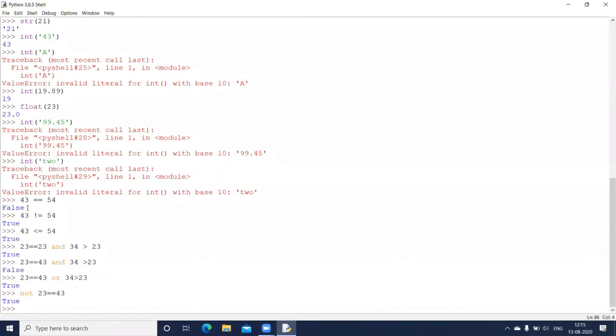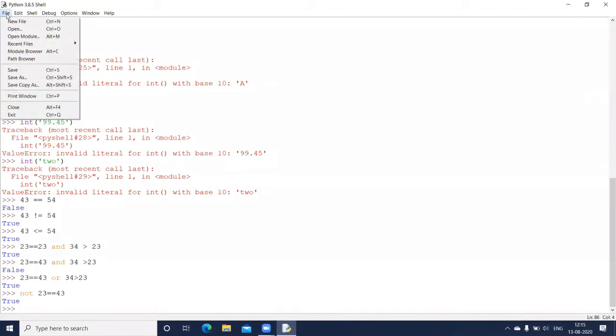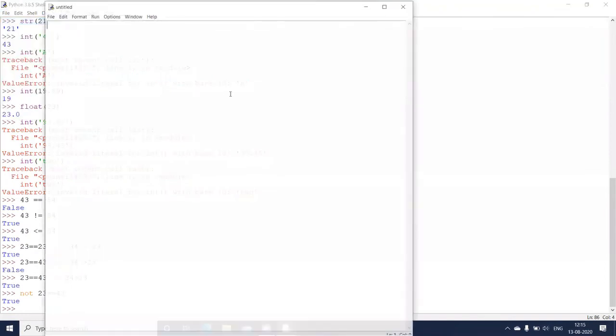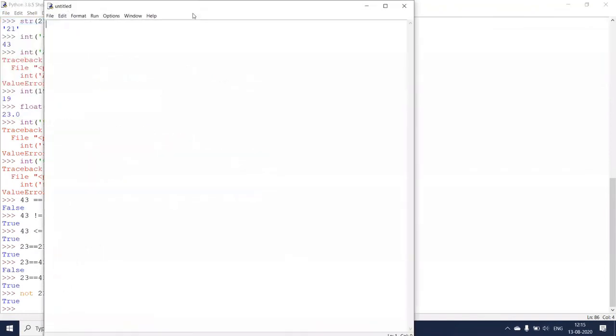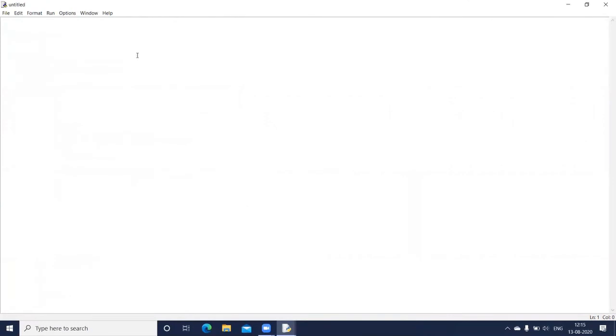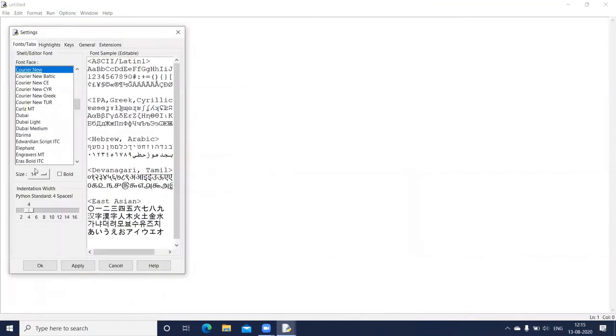Now let us go to the file option and create a new file, and I will be writing a program. Let me check whether I can increase the font size here as well.